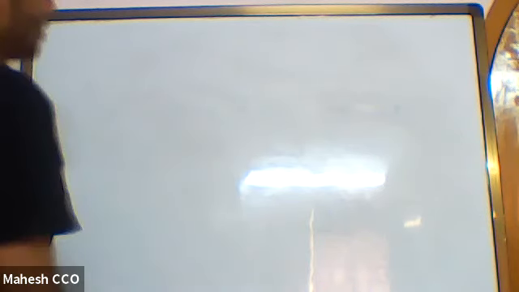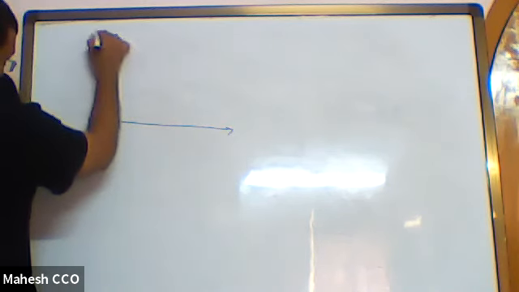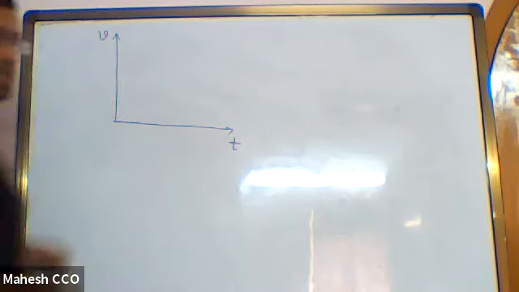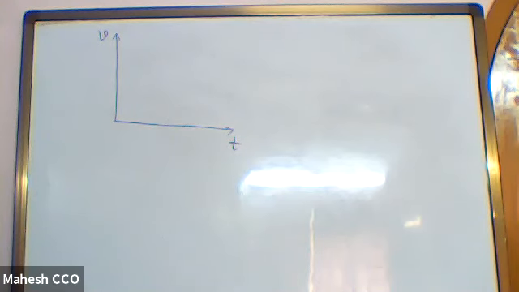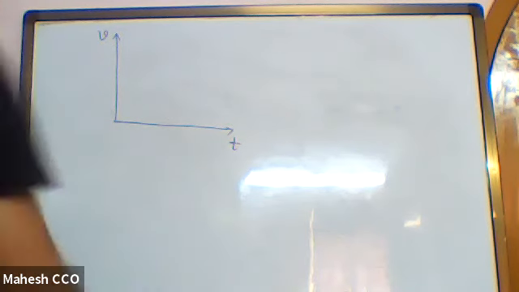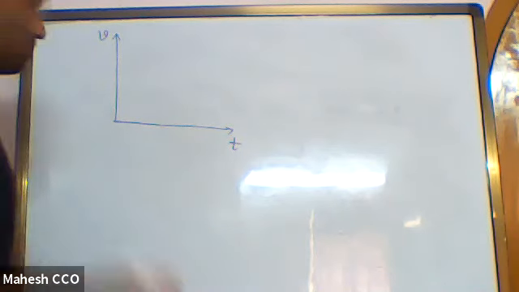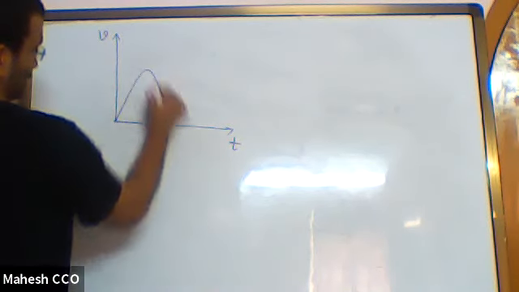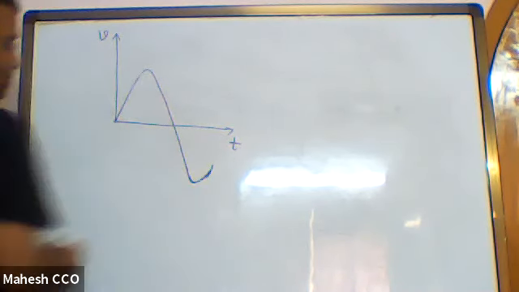Now, next thing is, what if we have a velocity time graph? This is very important. Please understand, if I say velocity time graph, I am describing 1D motion only. Because if it is 2D, 3D, then we have to write Vx versus t, Vy versus t, Vz versus t, like that. Now, if I am given a velocity time graph, something like this.